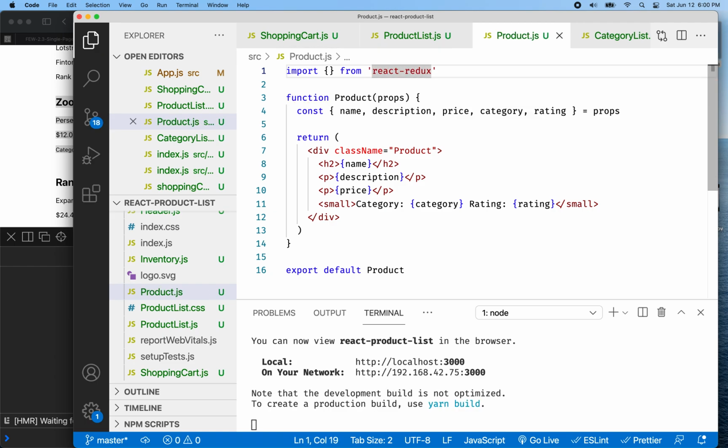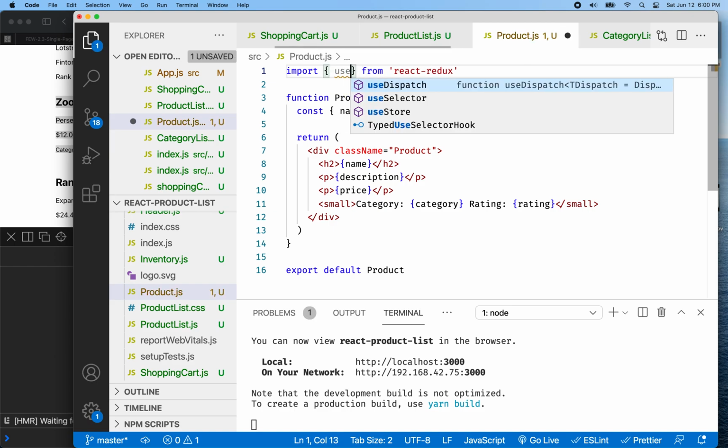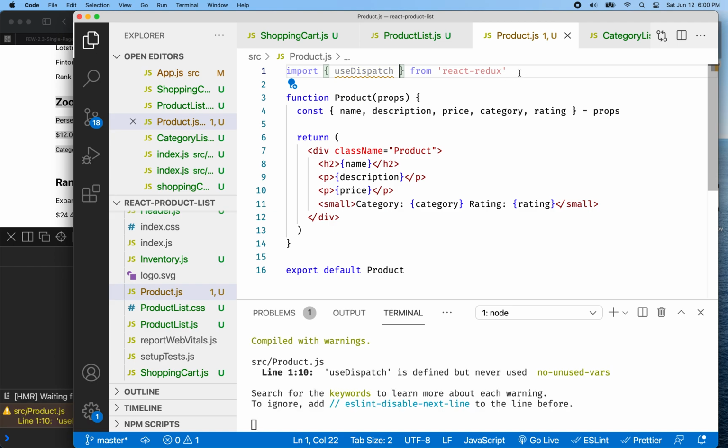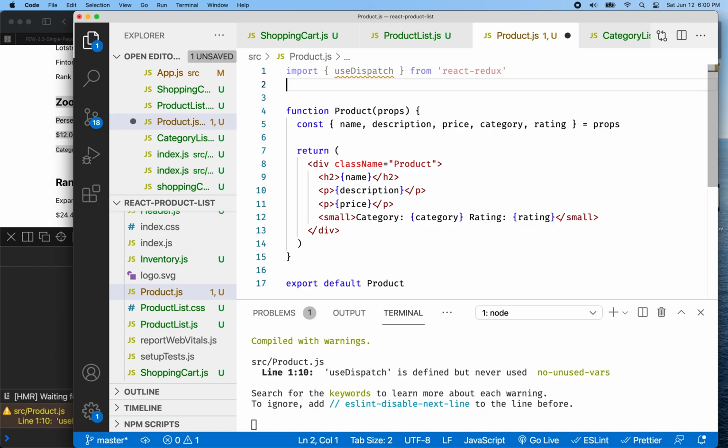So remember, React Redux is the glue, and they give us a hook, so it always begins with use, and there's a hook called useDispatch. Okay, so we send a message to our Redux store through the dispatcher. Okay, so the dispatcher sends the message. Okay, and the dispatcher actually sends an action, like I said message, but really it's an action that comes from